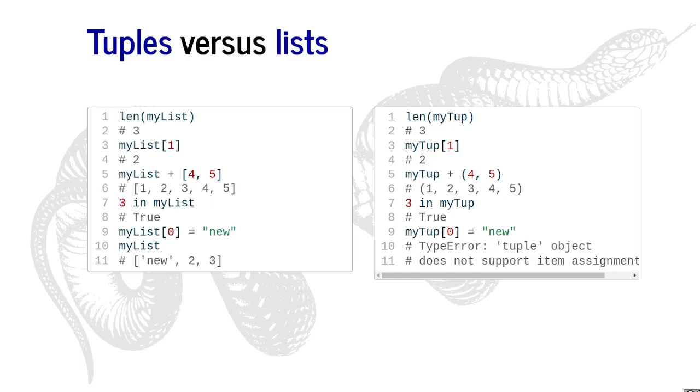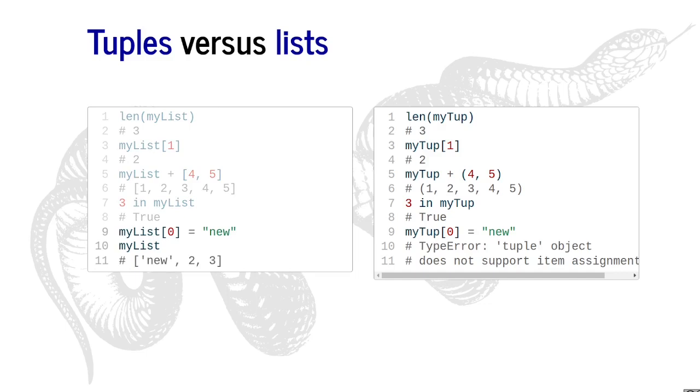I can add the list 4, 5 to my list, and that simply is going to get the combined list 1, 2, 3, 4, 5. I can add the tuple 4 and 5 to my tuple, and then I get a tuple with the elements 1, 2, 3, 4, 5. I can check membership. Is 3 in my list? That returns true. Is 3 in my tuple? That also returns true. And only then, at the very bottom of the list, we get to the difference